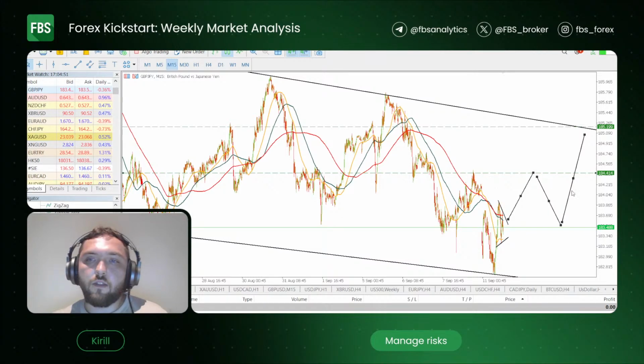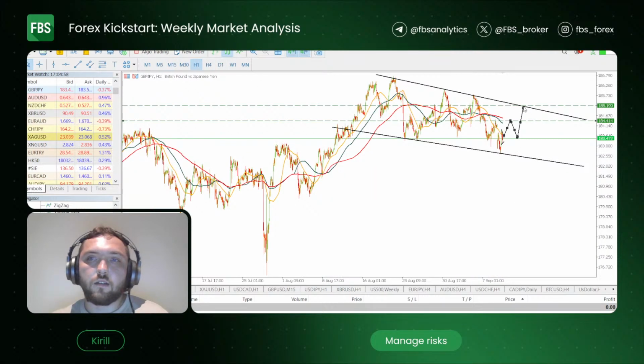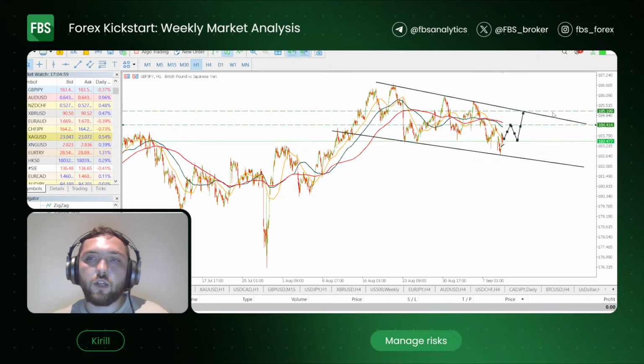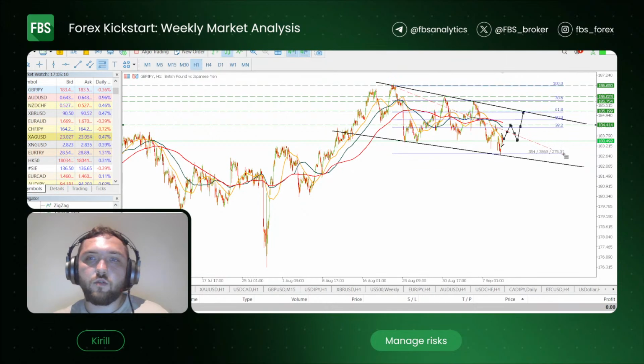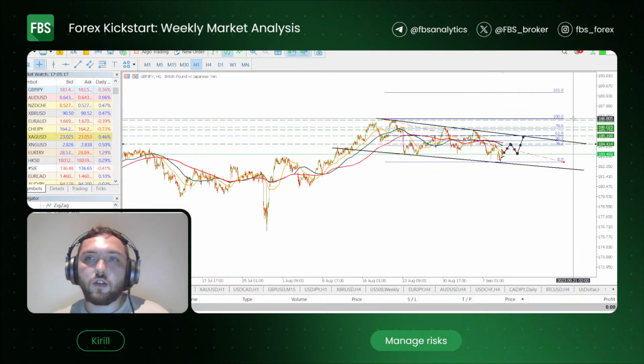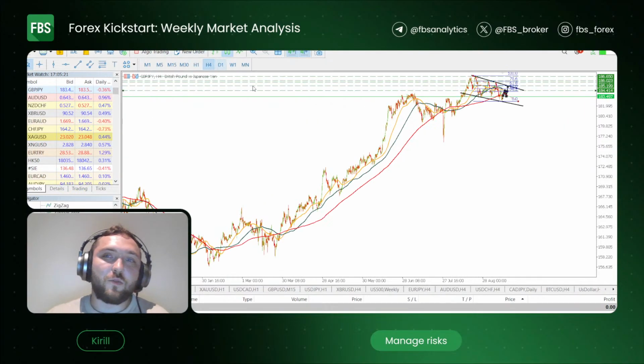decision. However, I think that the price might create this inverted head and shoulders, move to the upper border of this flag, and after the breakout, you probably know how to trade flags. Just use these levels as your targets, and this is it. Or, of course, use Fibonacci from the higher point of this correction to the lowest point of this correction and set your target number 5, which is right here,